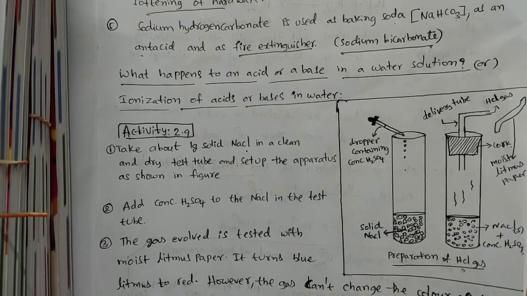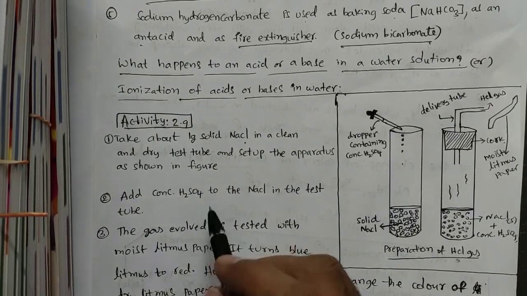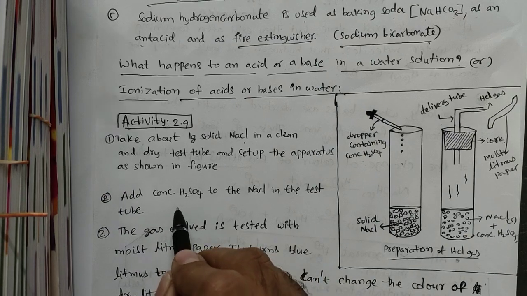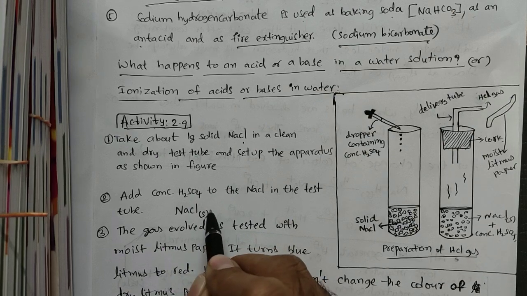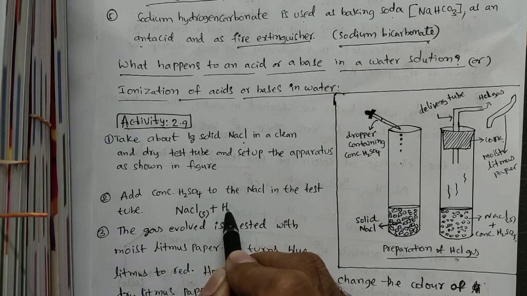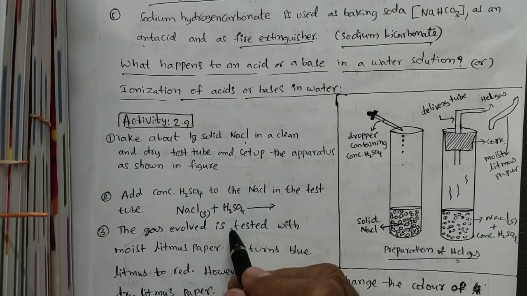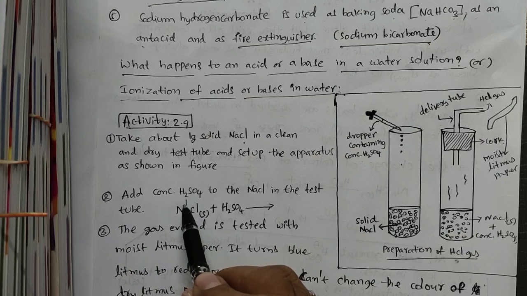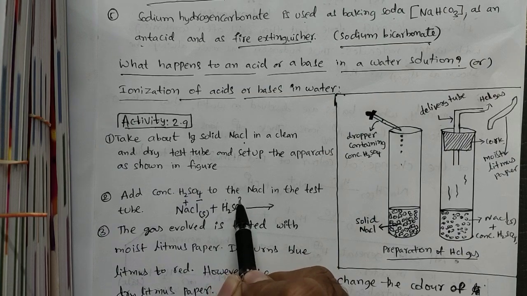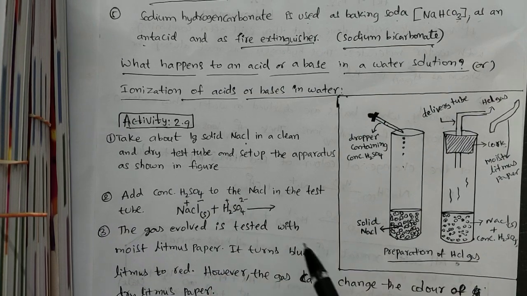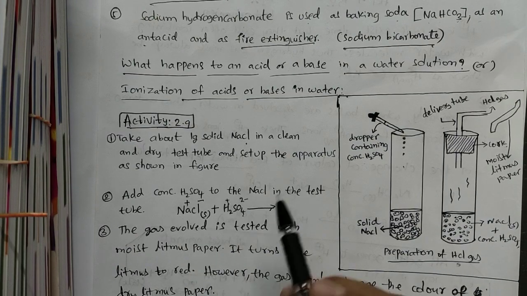So the chemical equation can be represented as follows. This is the reaction between solid NaCl, NaCl solid I have taken, plus concentrated H2SO4, right? So here Na plus and Cl minus ions are present, and here H plus and SO4 2 minus ions are present. So these Na ions are going to react with sulfate ions to form